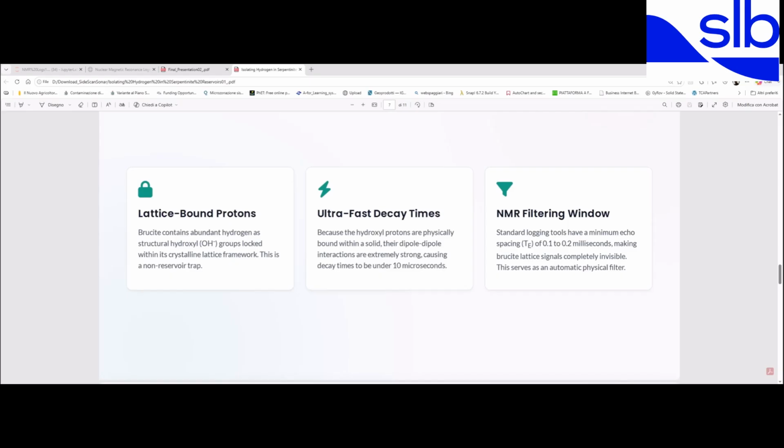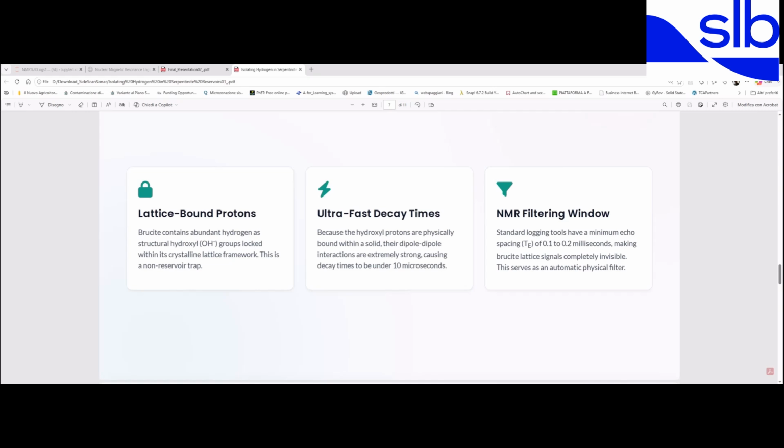We are working under 10 microseconds. So you are working in a very, very short time. 10 microseconds also needs a new class of nuclear magnetic logs. Standard filtering windows: the standard logging tools have a minimum echo spacing between 0 and 1 milliseconds, which makes the Brucite lattice signal completely invisible. So today with actual technology we are not able to recognize the Brucite signals,